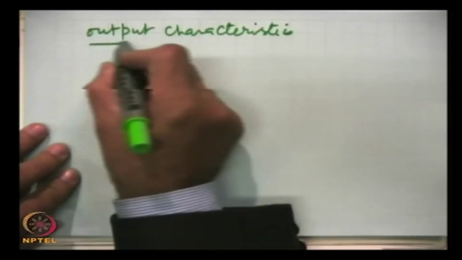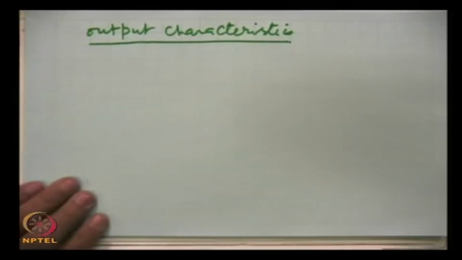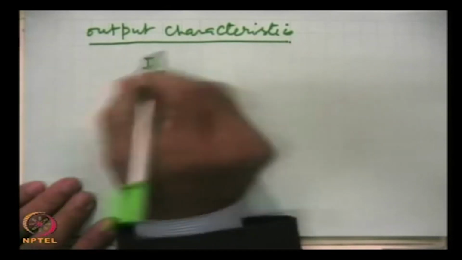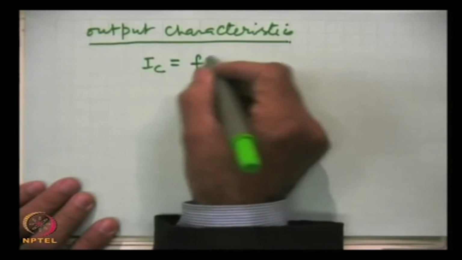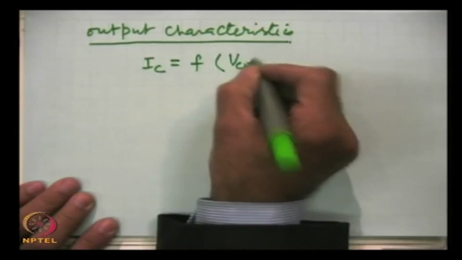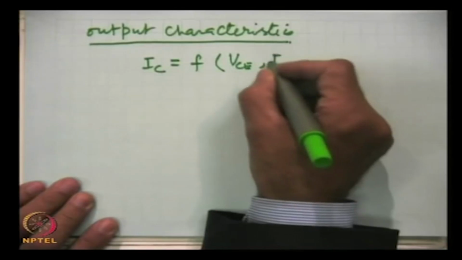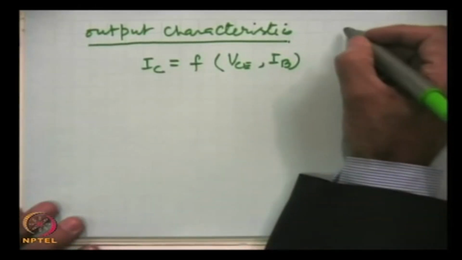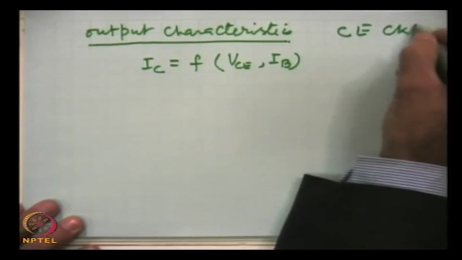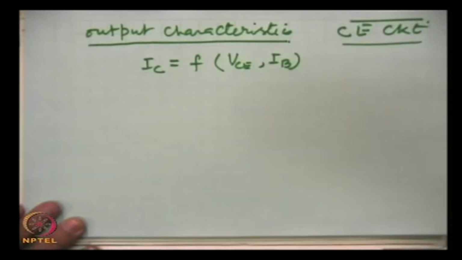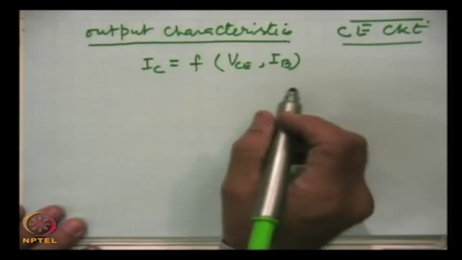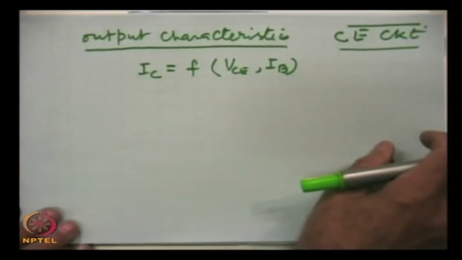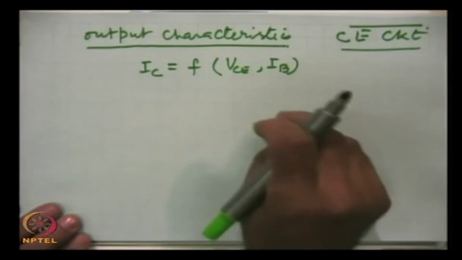The output characteristics. IC, the collector current, the output current, is supposedly a function of VCE and of course of IB, and I want to remind you that we are talking of the CE circuit, and we can plot these characteristics. They are very important; many important parameters which we have been using can be calculated, can be determined